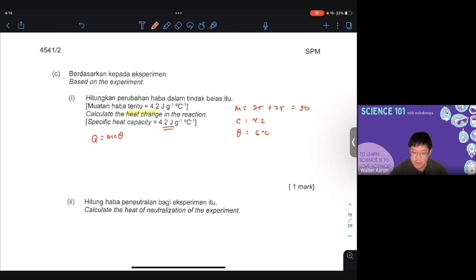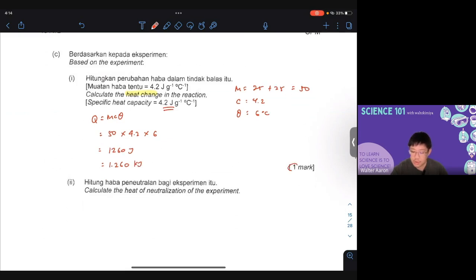So you just substitute the values in. It will be 50 times 4.2 times 6 degrees Celsius. So that should give you a total of 1,260 joules, which I think you just convert into kilojoules straight away because we need it for the calculation